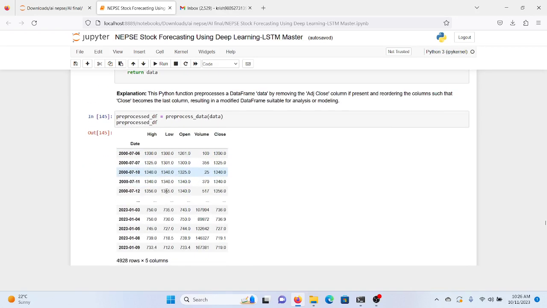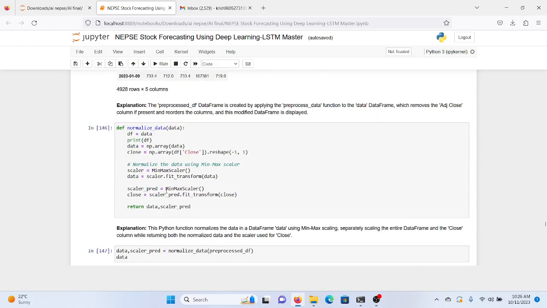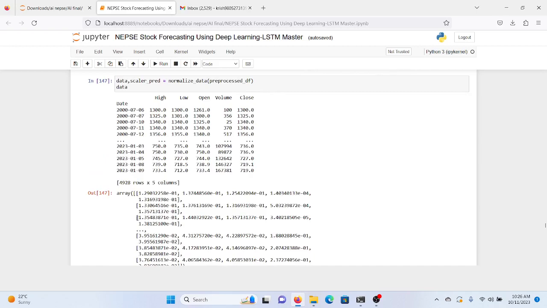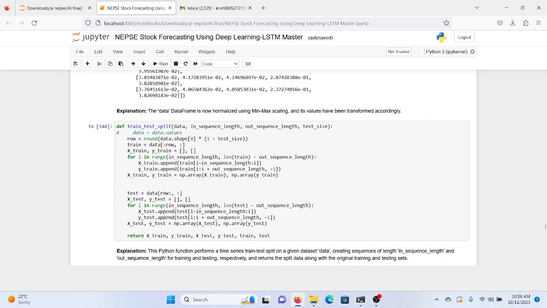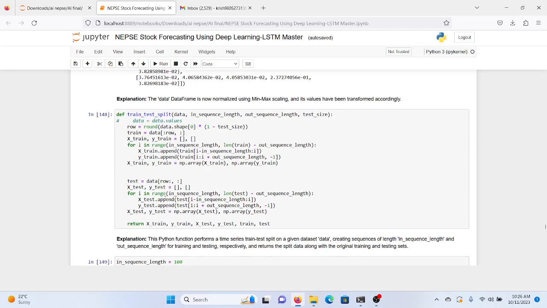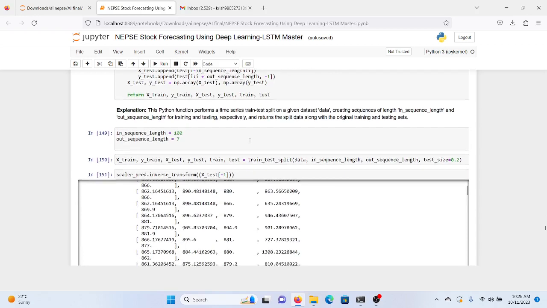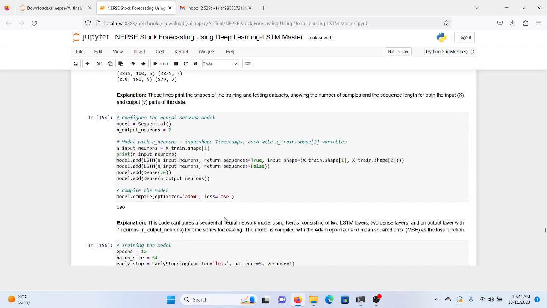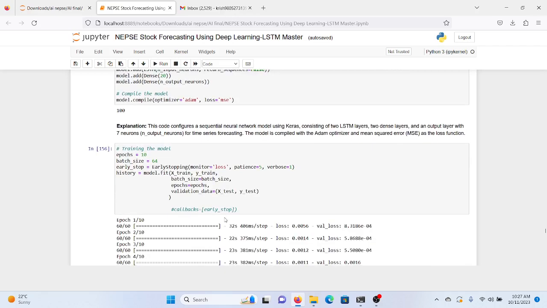Here we have the representation of preprocessed data, and we have normalized the data. We have 4,928 rows with 5 columns, and we have split the data for training and testing. Same as above, moving forward, here we have configured the neural network model and we are training the model,